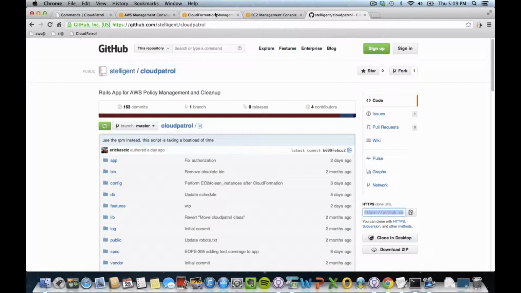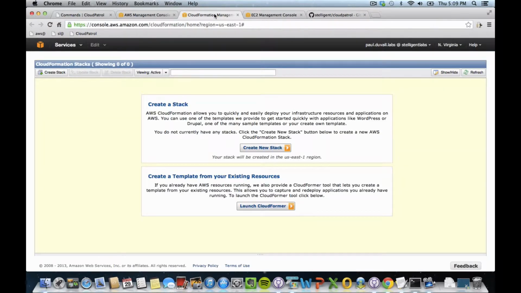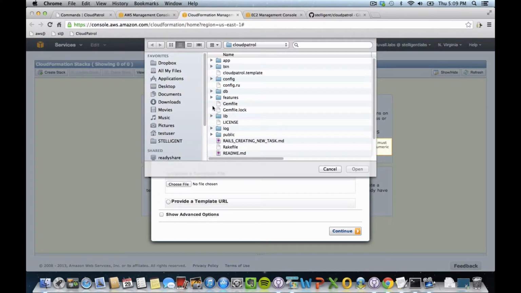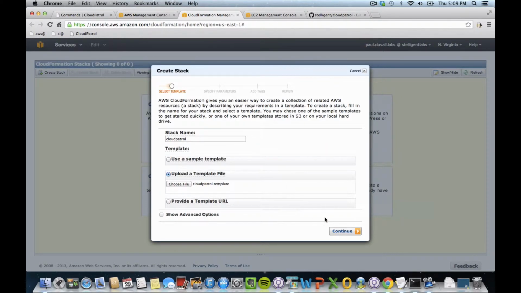And so the next thing you can do is go to CloudFormation within Amazon Web Services. You click on Create New Stack. You can call it whatever you want, but I'm going to call it CloudPatrol. And then you're going to upload just one file from where you just checked out. And so there's the CloudPatrol.template file, and this is a JSON template, which is CloudFormation. It allows you to run a stack. You'll click on Continue,